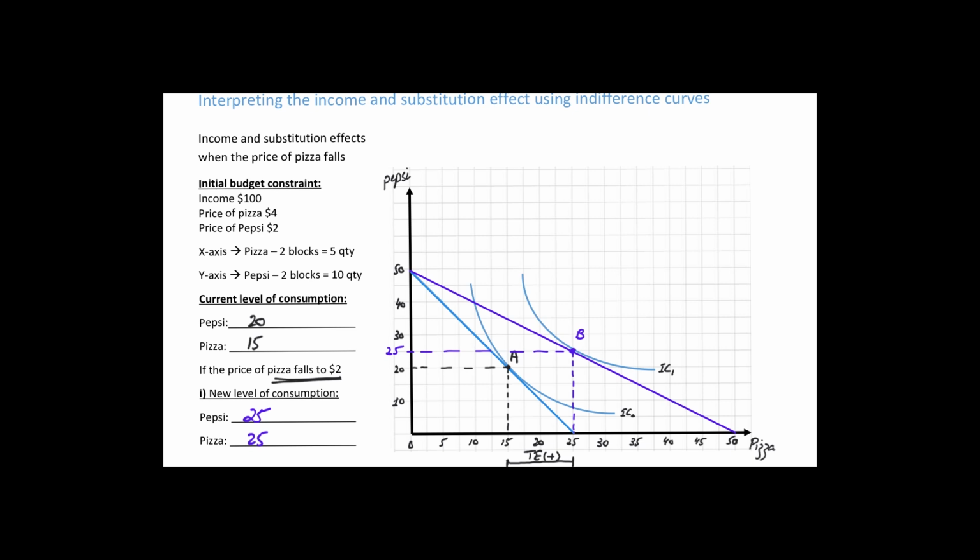सो total effect 10 पिज्जाज में ज्यादा consume कर सकता हूं, तो मैं ये कह रहा हूं इस 10 पिज्जा के अंदर there is a substitution and an income effect that is coming into play. ऑलराइट, उसको हमने separate करना है कि substitution effect कितना है और income effect कितना है। So before you answer that,